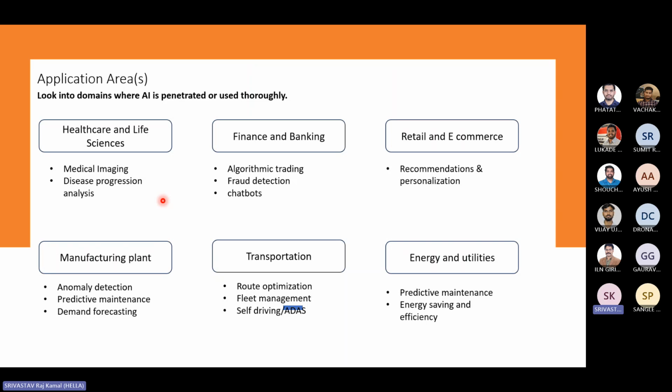Now, coming to the application areas, healthcare and life science. It has been said that the very best future use of machine learning and AI is going to come into healthcare and life science. Some examples: medical imaging. Ten years ago, no one would have imagined that a robotic operation would be done by robots, with no physical involvement of the doctor's hand with the patient. That's somewhat revolutionary.